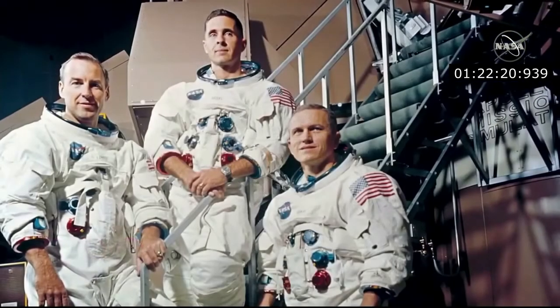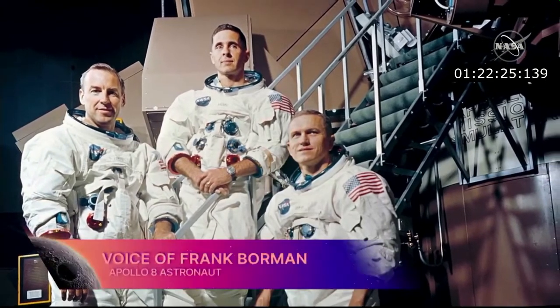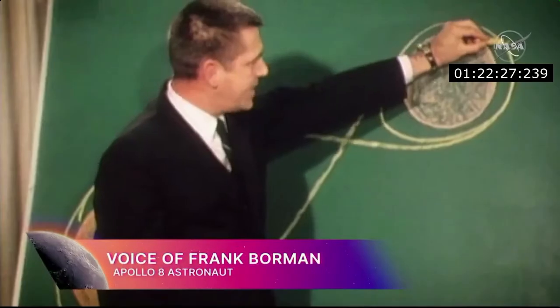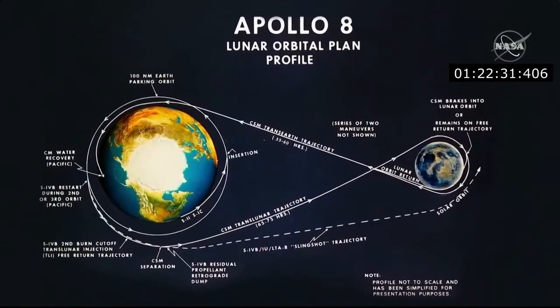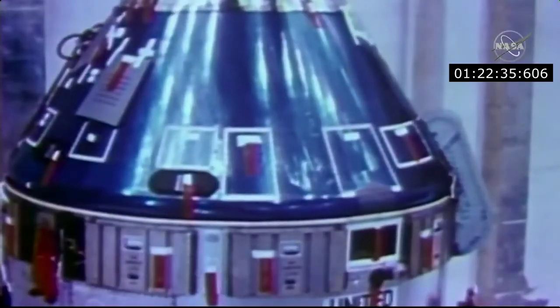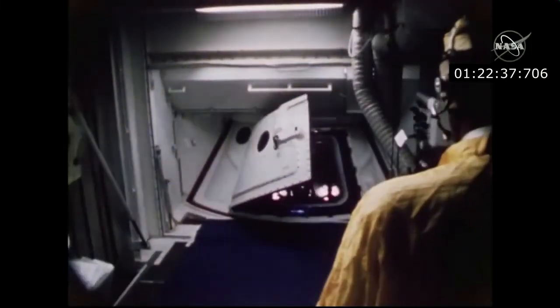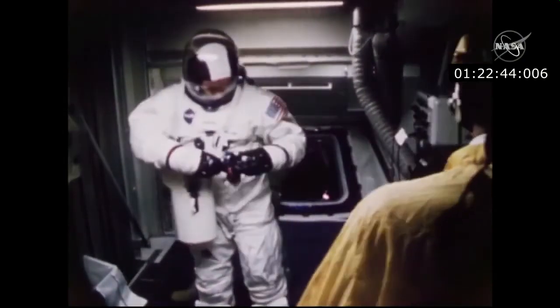Well, Apollo 8 originally was an Earth orbital mission exercising the lunar module. But the lunar module was way behind. The people in NASA came up with the idea of moving Apollo 8 to a lunar orbital mission. Why don't we send the command service module of Apollo 8 to orbit the moon, and we can learn a lot about the communication system, the navigation system, how the moon's gravity would affect the orbiting spacecraft, look for suitable